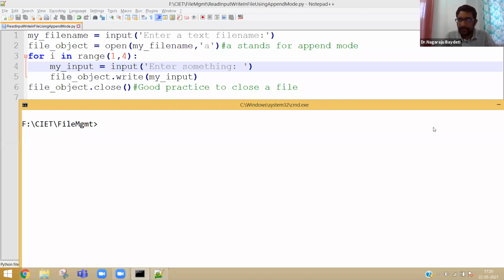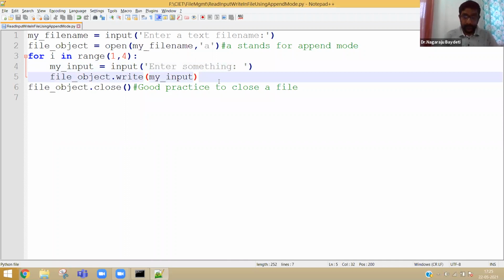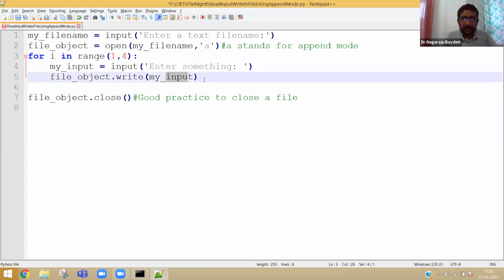Okay. Now, how to write a new line? Very simple. After writing the input, you need to write the new line. You need to write it.